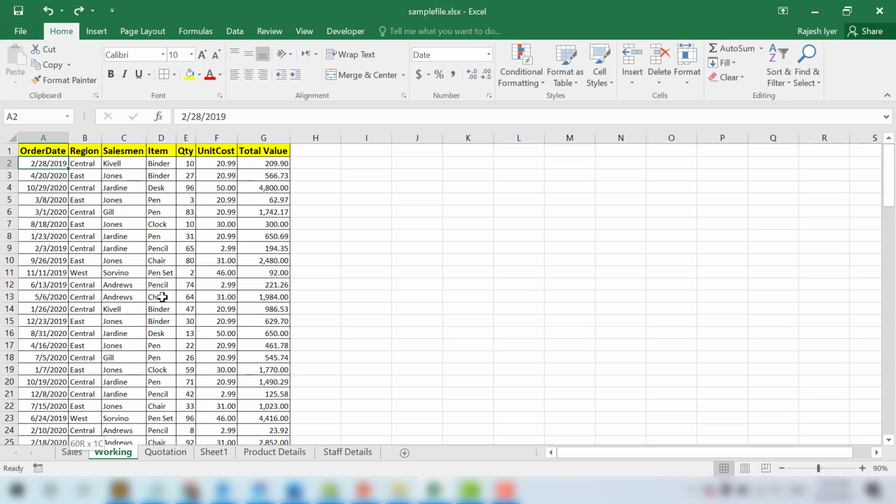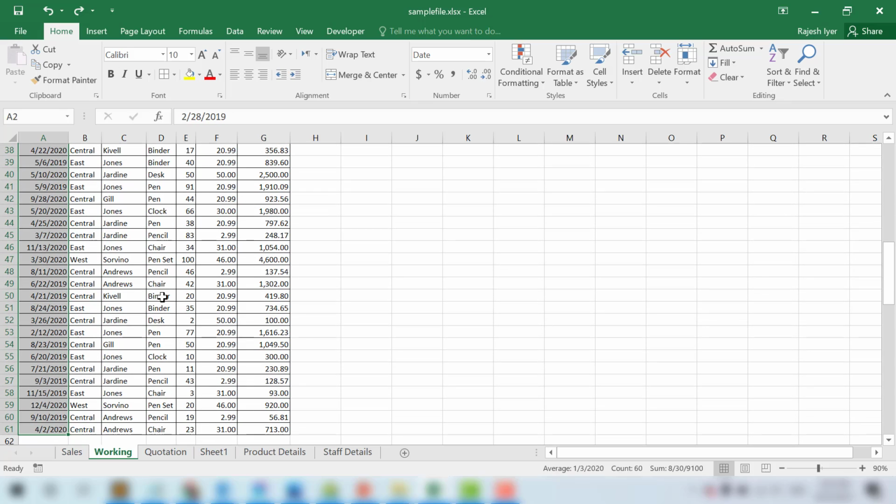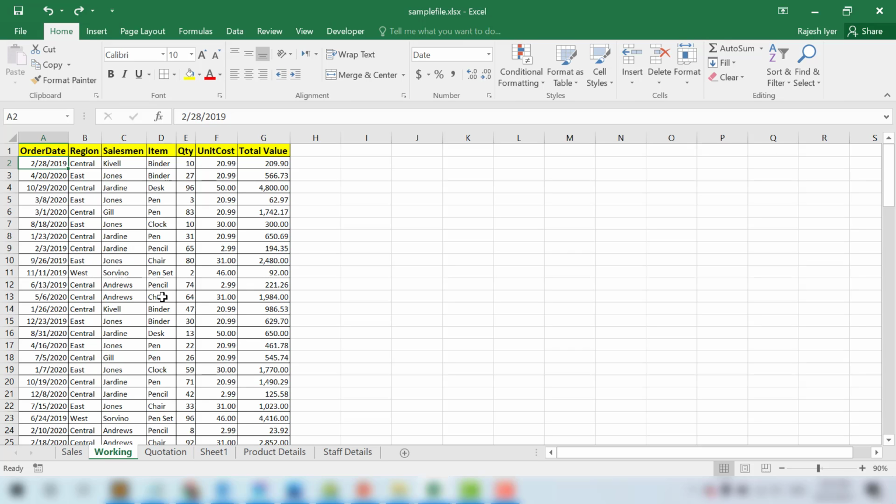Again, it's very important that we don't select the data and sort. If I have selected only this column, then only this column will be sorted, and then the data will not be proper. So it is very important to make sure we don't select any data. We can keep this cell selected. If we have to sort this column, then we have to keep this cell selected. Any of the cells within the column, you can keep selected, it will automatically work.